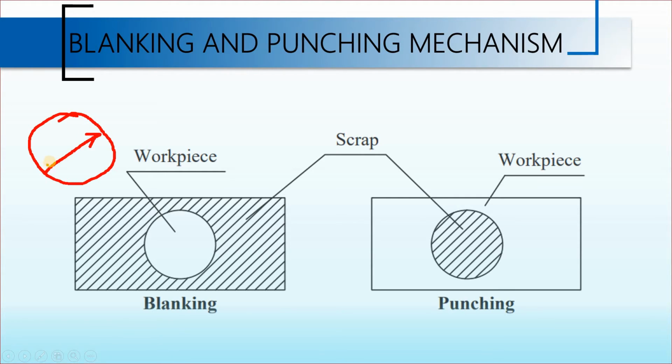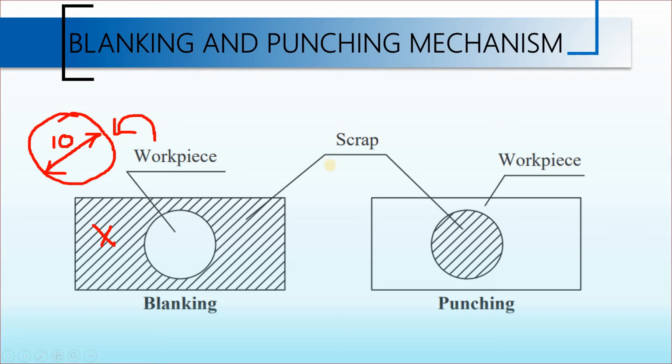So we have to control the dimension of this cut portion. Suppose we have to keep this 10 mm, so this is our blank, and we have to see the dimension and finish everything about this. Got it? Because this is our workpiece and this is our scrap, we don't have to bother about anything. After this portion is cut, what is the diameter of the hole left, we don't consider. Got it? So this is the workpiece that has to be cut out, you can see here.